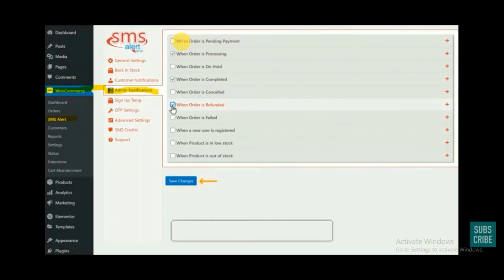You can get notifications when the order is pending payment, when the order is processing, on hold, completed, cancelled, refunded, failed, when a new user gets registered, when the product is in low stock, you get a notification to make it back in stock, and when the product is out of stock, you get a notification. So according to your requirement, you can make changes to these notification alerts.